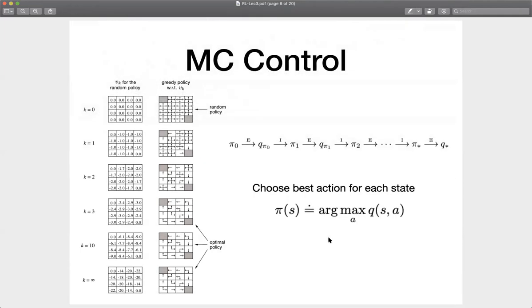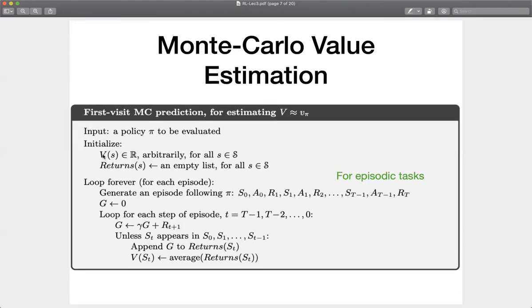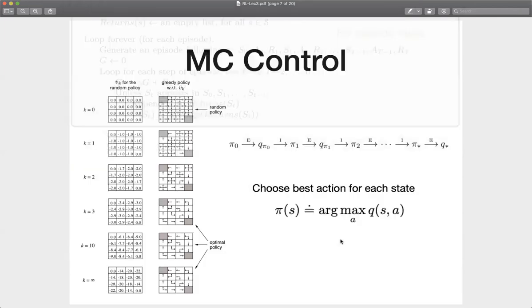Okay. So what about control, right? To do control, you have to have a way to calculate the value for each state, just like we did before with dynamic programming. So now that we know how to calculate the value for each state, maybe it's expensive, but at least you can do it. Now we can use that value to update your current policy, right? Just like we did before. So you start with a policy, and this estimate here gives you values. These Q values are